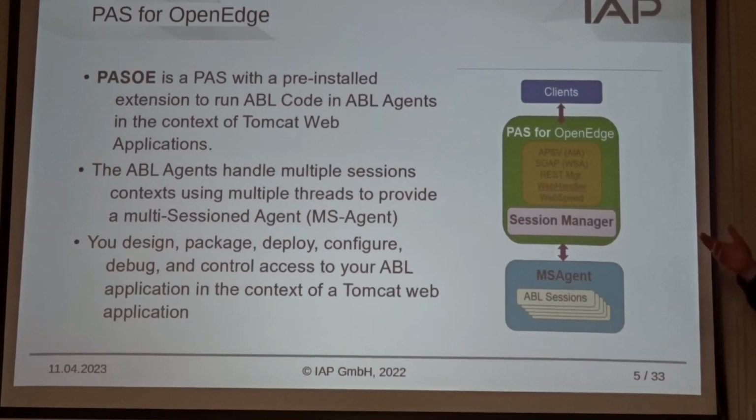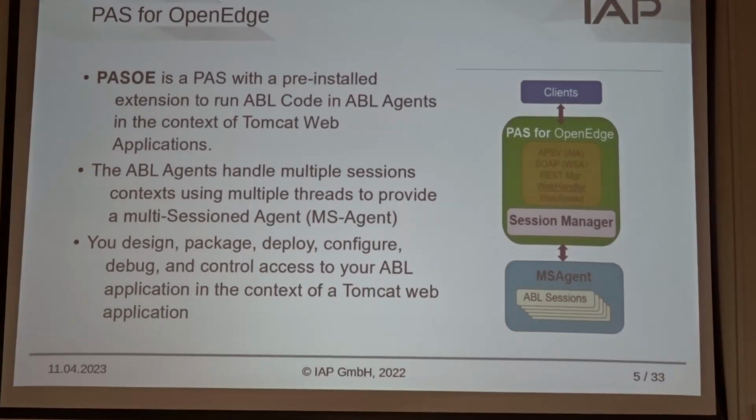The classic app server is more or less a typical Progress task which runs in a batch mode. For managing, Progress has introduced a broker who handles all requests. And with the PASOE,